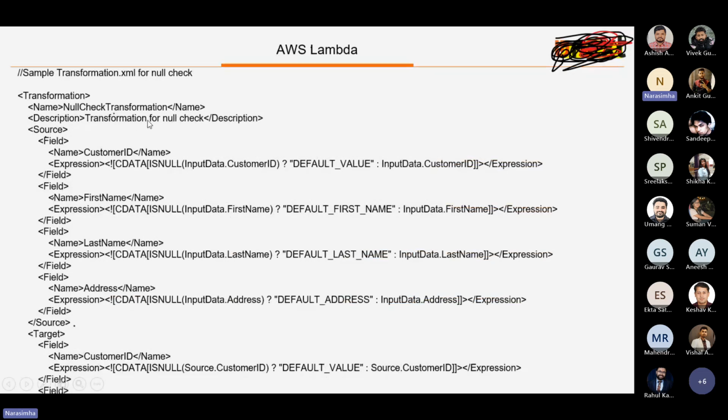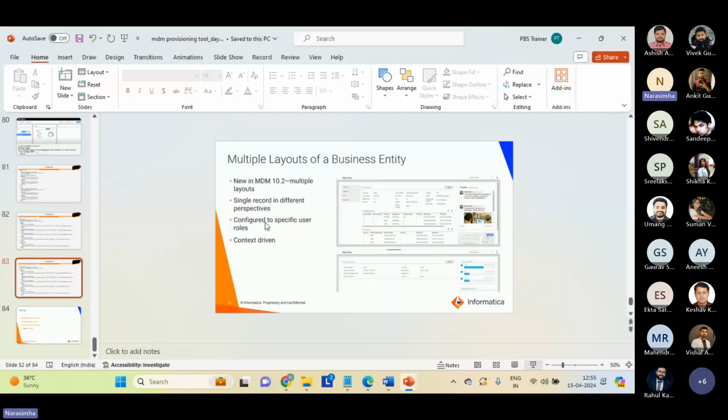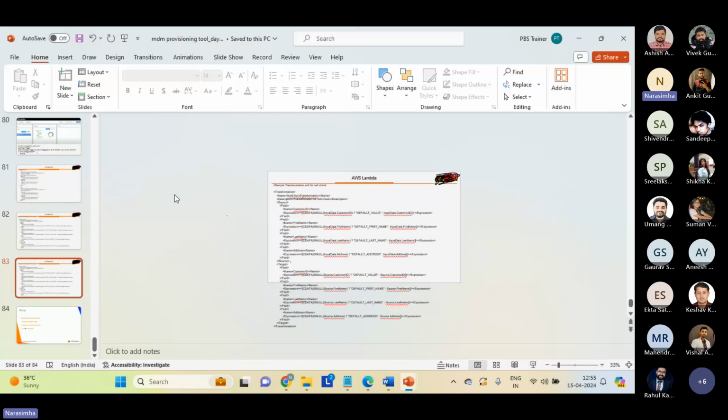Here you can see the transformation for null check. So this is the transformation.xml file. That's it. Yeah. So which means we can build a model and